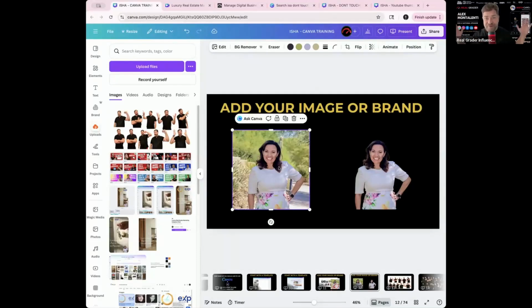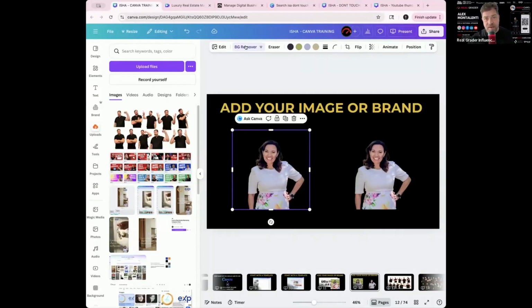There are way more features than just background remover, but this one feature alone, I'm going to show you why it's so important. I select the image, I select background remover, and voila, the background just got removed. Does anybody realize how long it used to take my graphic designer to remove a background from one of your headshots? Mario, you remember when we used to ask Adi, hey, can you remove the background?